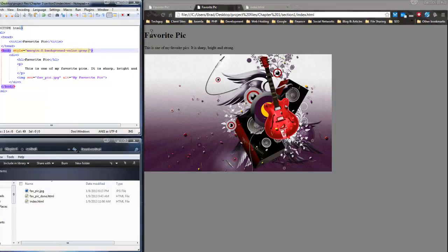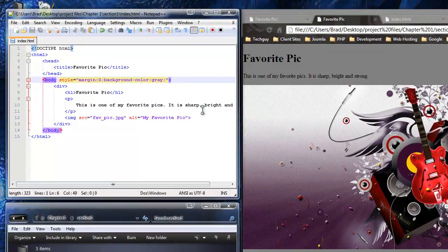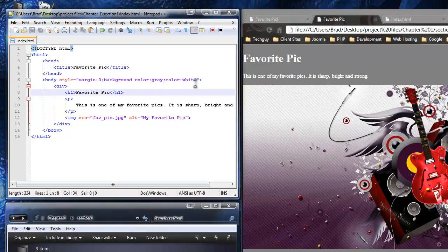And now I want to change the color of the text to make it white. So we're just going to use color. Now I could just do white, that works. I'll save and reload. But usually if you want a more specific color, you would use the hexadecimal value for it as opposed to just writing the color, because there's only so many colors available as text. So right here I'm going to use the hexadecimal value for white, which is